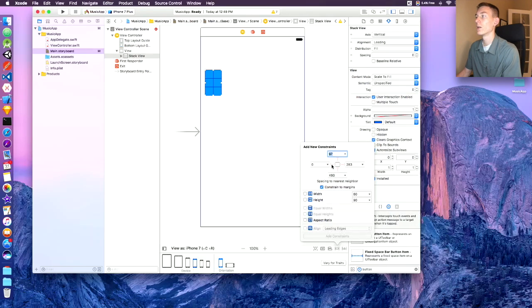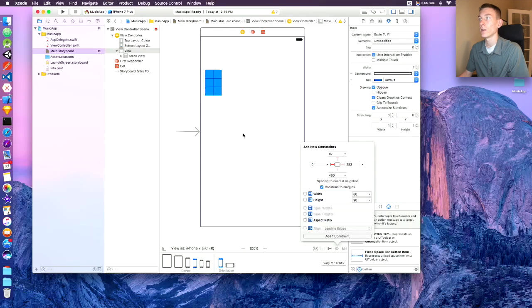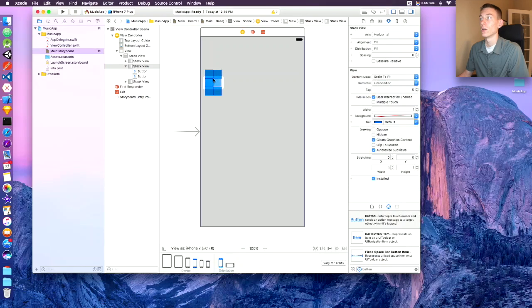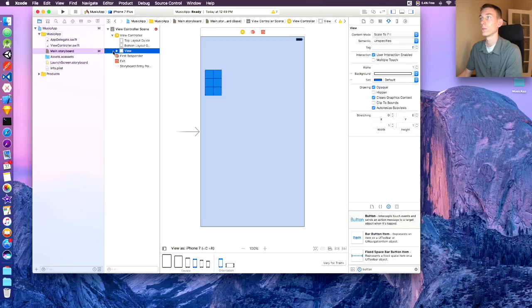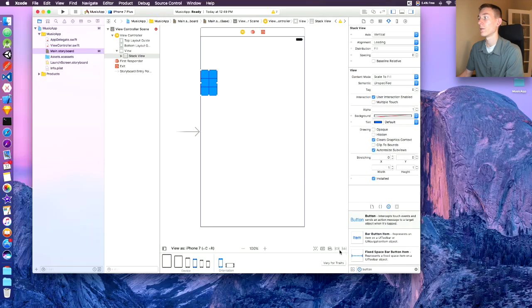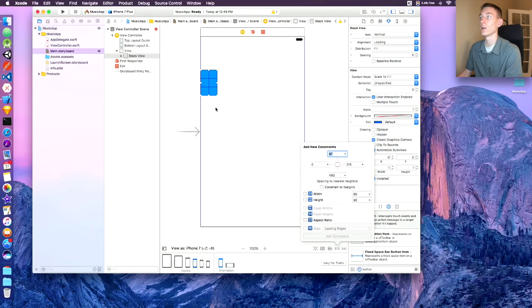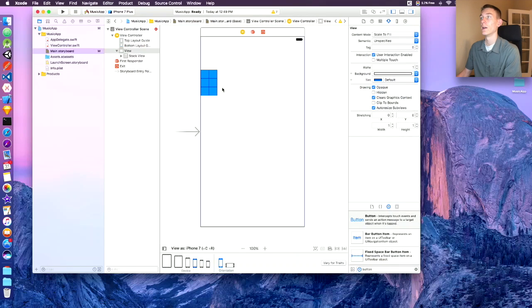So there's a thing called a margin right here, and it is 20 points, I forgot what they're called, I think they're points or something like that. This is 20 points right here, but if you're constraining to the margin, then it's 0. So it's really 20 if we were to move the stack view over a little bit. So you see, if I were to constrain it, now it's 0 to the view, and then